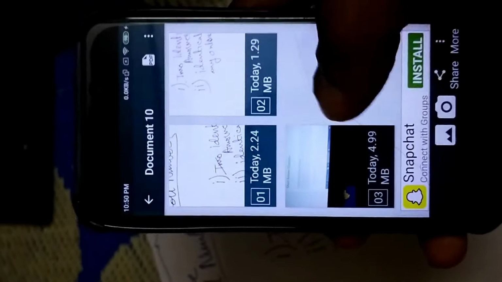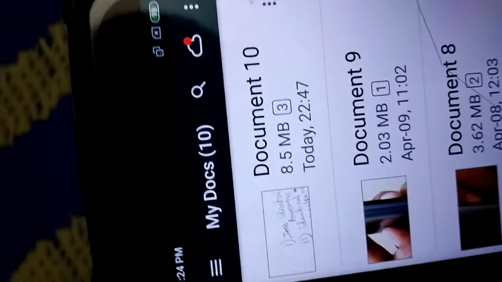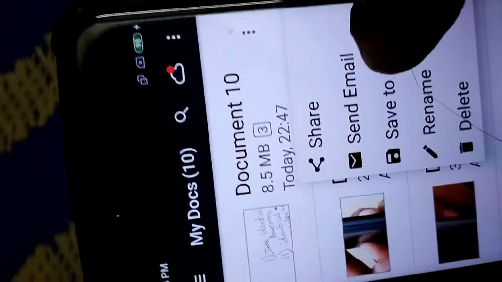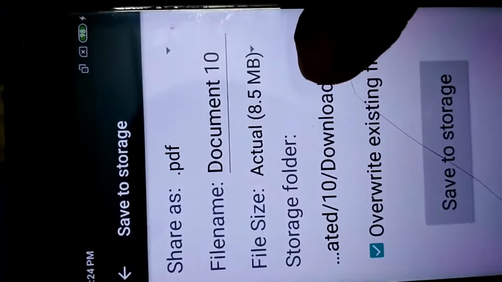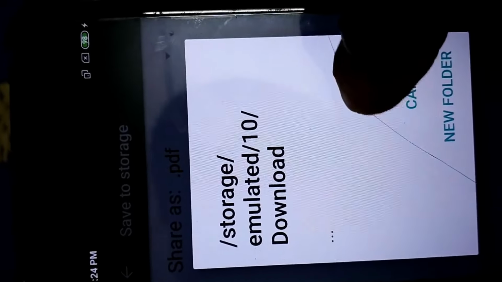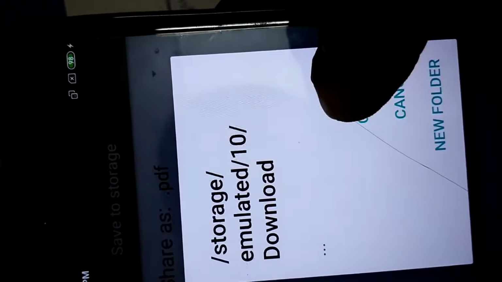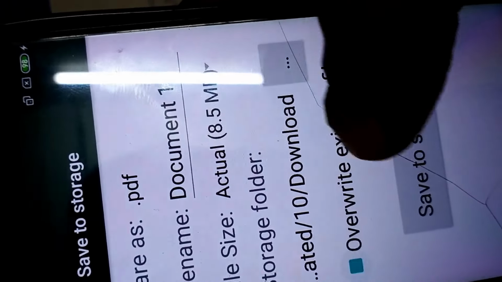These are the 3 pages you can see here. Now I have to save this document 10 in my storage. So let me save it. The save to storage option is there. It is asking where to save. I can select any folder. Now save to storage.